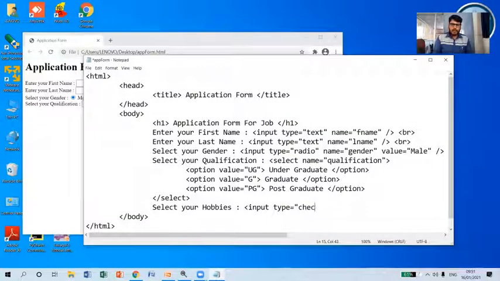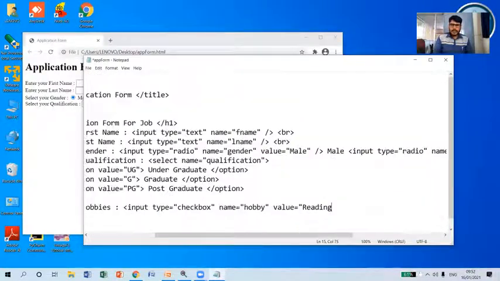So I'm going to use checkbox as the type here, specify the name as hobby, and specify the value for the first checkbox as, say for example, reading. I'm going to close this input tag here itself.